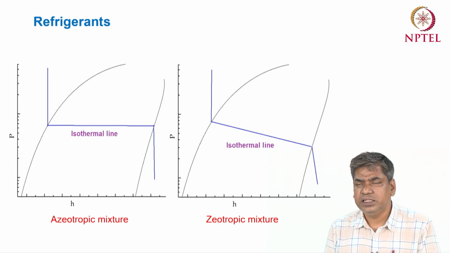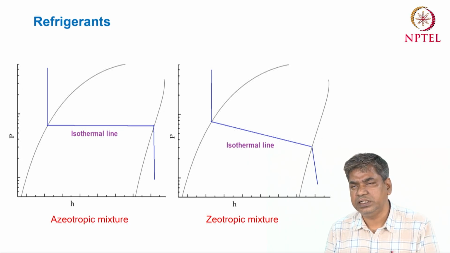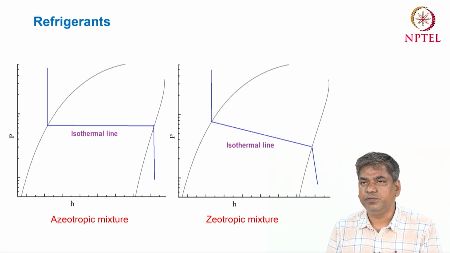Okay, so here in the second figure you can see that if you maintain constant temperature lines, then the liquid will start vaporizing, the start of evaporation, at some pressure. Then during this two-phase region, during the evaporation process, you will see that the pressure is constantly decreasing at constant temperature. At the end of boiling the pressure is lower than the pressure at the start of boiling. Okay, so there is a variable pressure process in the case of boiling.